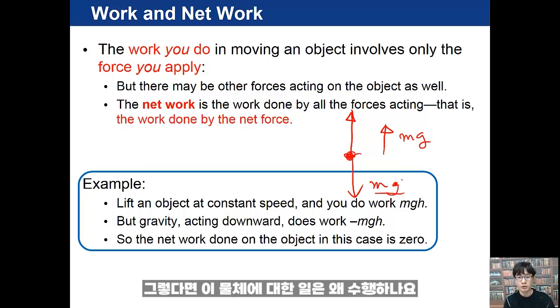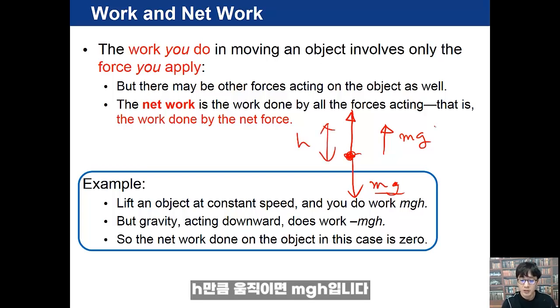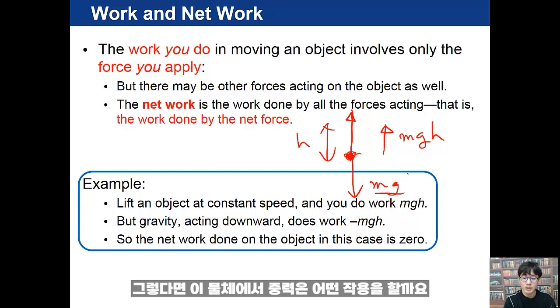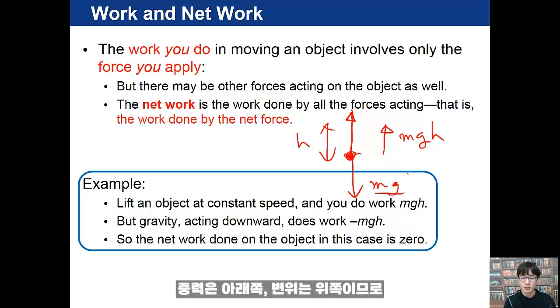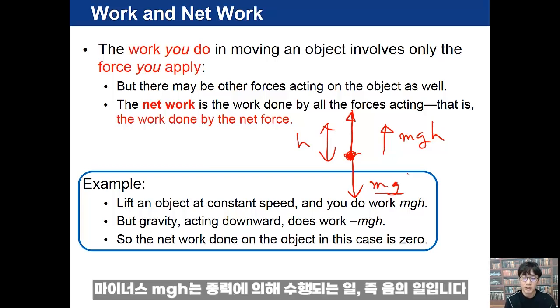Then what is the work done by you on this object? If it moves by h, this is mgh. Then what is the work done by the gravitational force? The gravitational force is downward and the displacement is upward, so minus mgh is the work done by the gravitational force,